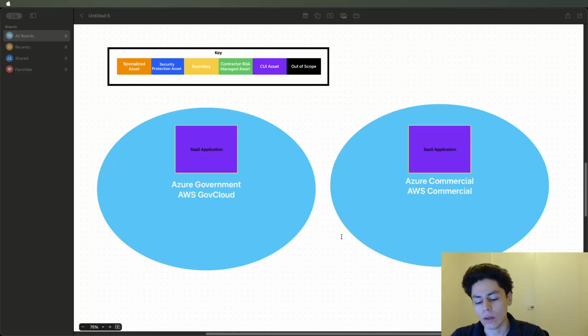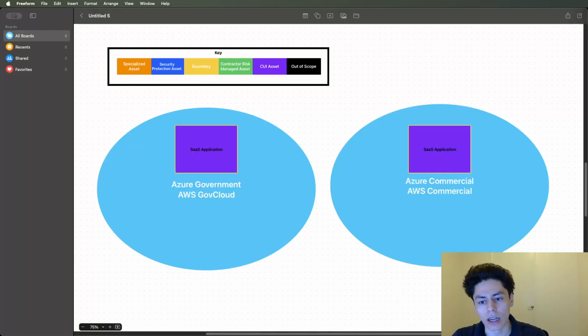And one thing I am noticing is a lot of defense contractors are currently using a cloud service provider, and then the defense contractor realizes that, oh, we need to start storing CUI here, right? Or maybe they've been storing CUI in there and they're like, oh, we need to move. The thing is, if they love the software as a service, right? They love the application, they love the features. It's a very unique application, or maybe it's just a startup, and they're changing a lot of things the way the industry runs. And let's say the organization has already started using this application everywhere in their organization, and they come across this issue,